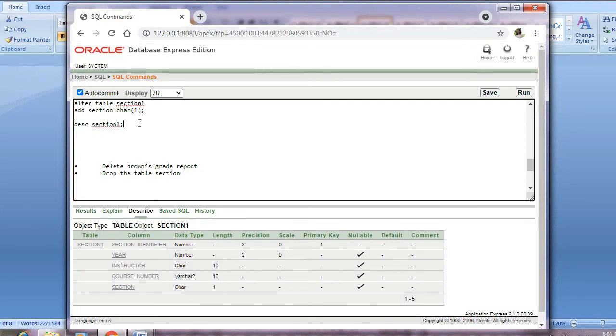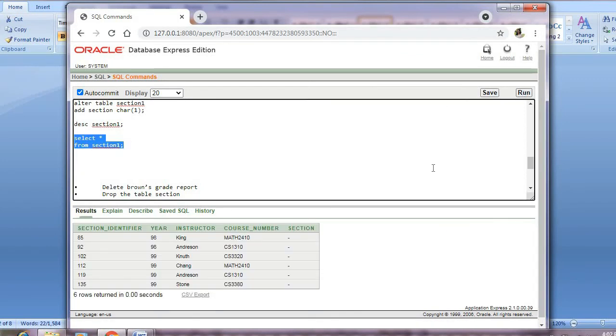If you are not comfortable, I'll show you: select star from section1. So we'll see how our table looks after adding the new attribute. I have added the new attribute section, but I have not put the values to it.